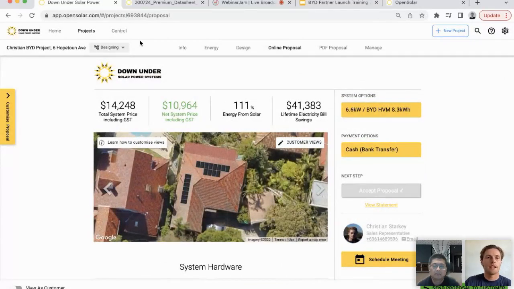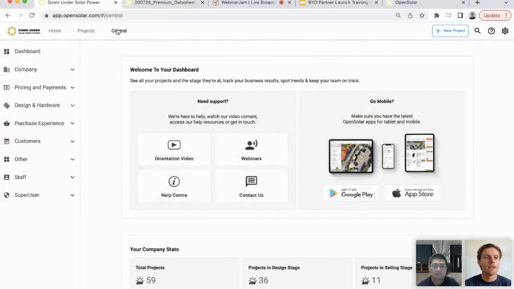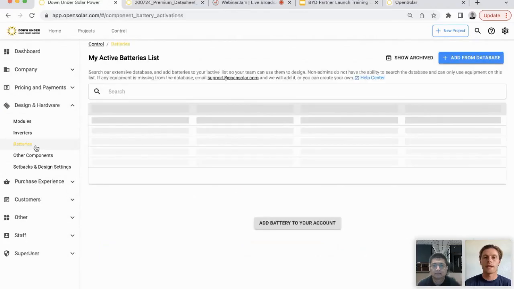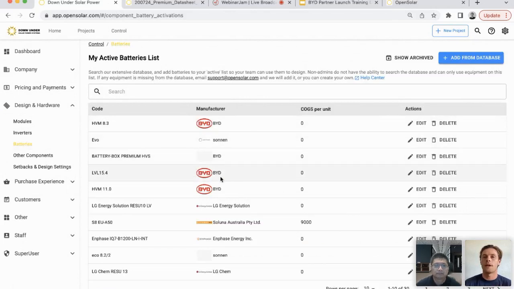Once you get your account created on OpenSolar, you'll likely come into this control area, because this is where you're doing all of your account setup. Within here, you've got this design and hardware section. And if you hop into batteries, this is where you'd be putting in the BYD products. So if you click on add from database,